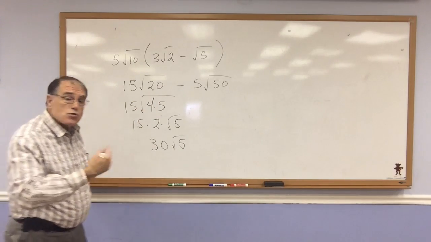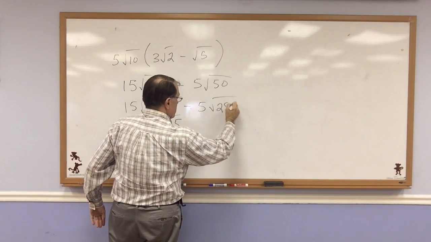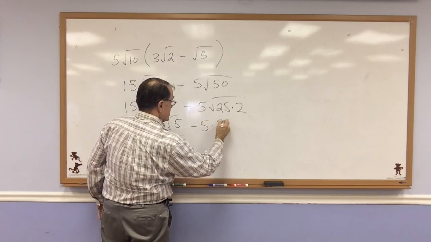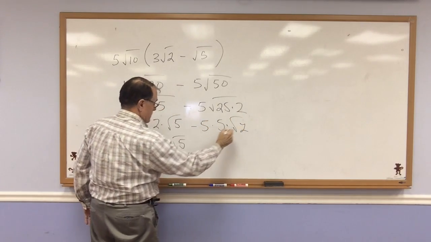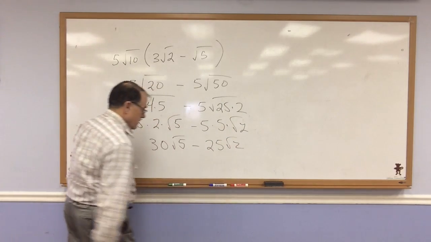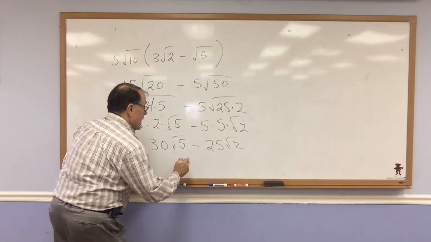And 50, you know, is 25 times 2. Root 25 times 2. So I've got negative 5 times root 2. So negative 25 root 2. Now I've got a final answer, 30 minus 25 of